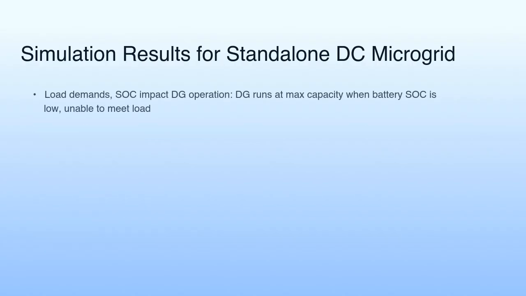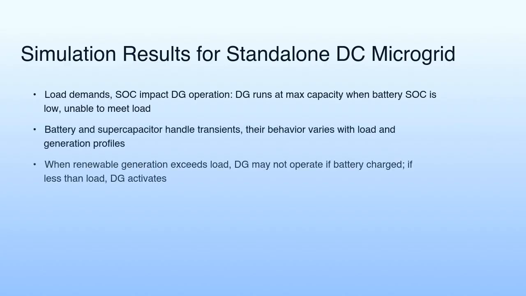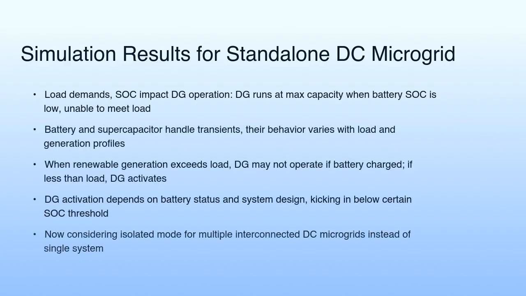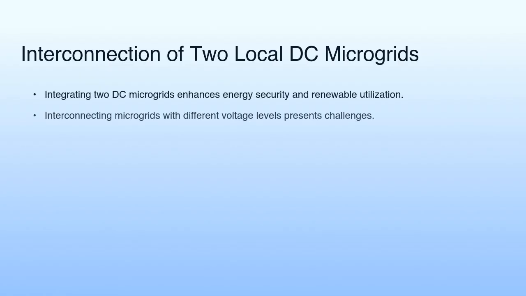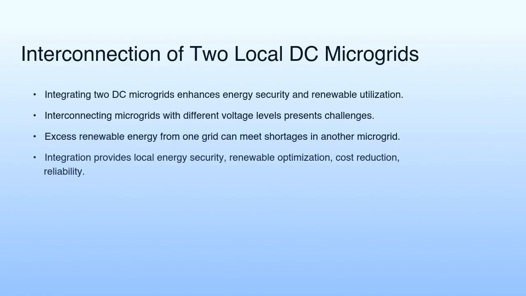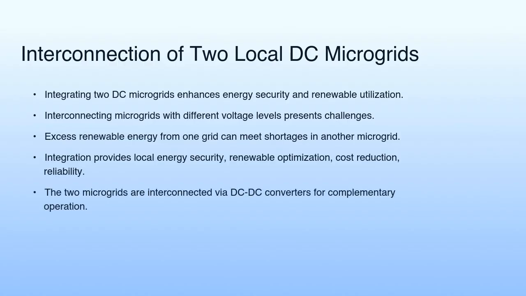Simulation results demonstrate the impact of load demands and battery state of charge on diesel generator operation. Batteries and supercapacitors handle transients, while the diesel generator kicks in when renewable generation is insufficient and battery levels are low. Moving beyond a single system, we explore the interconnection of two local DC microgrids, which enhances energy security and